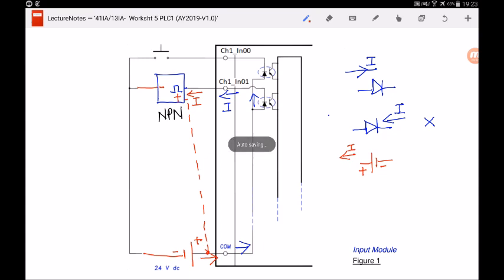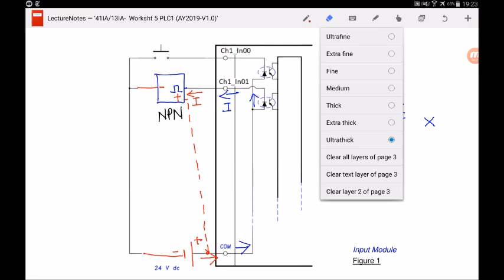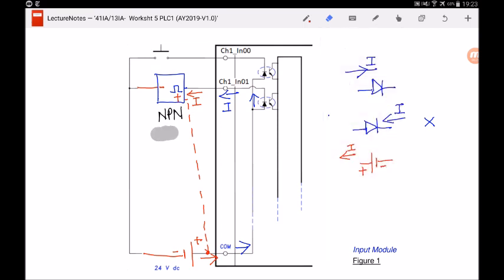So in this case, I have already drawn out the sensor. I have also drawn out the battery polarity, and I have also indicated the current flow in this particular input module. So can you see that if the sensor is a sinking sensor, because it's an NPN, current is flowing into the sensor, the input module is a sourcing module? As you can see, current is flowing out from channel 1, in 01. So this particular input module is a sourcing input module,